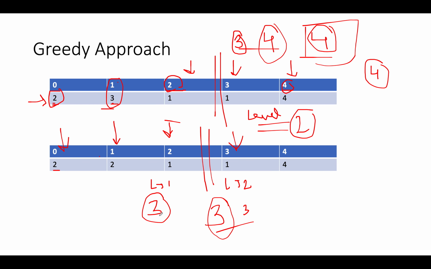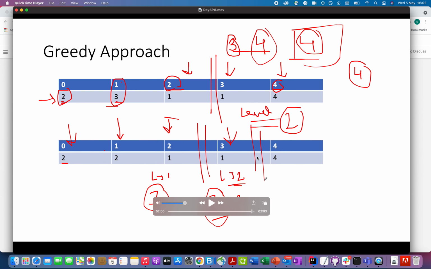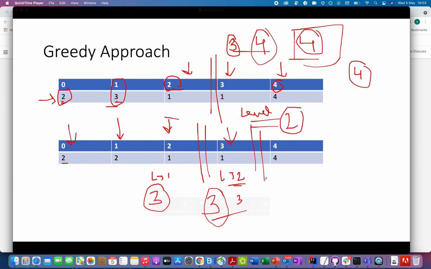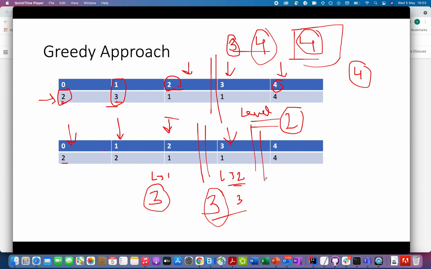and since the level condition is broken, we'll create a new level here. From 3 what all indexes can we reach? We can reach up to 4. So let's continue the iteration. Again there is a divider breach, and the level increases from 2 to 3. Since we are at the last index, we abort the process, and the value of level is 3, and we return it as an answer. So without much ado, let's move on to the coding part for this.